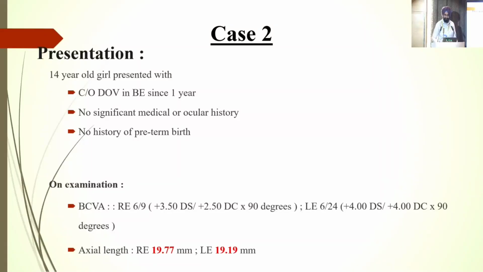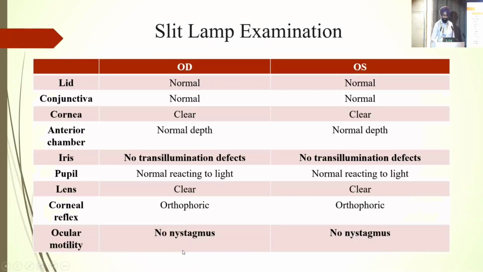While the second case, this 14-year-old girl came with the complaints of decreased vision in both eyes since 1 year. Again, there was no significant medical or ocular history, no preterm birth. The right eye, she was 6/9 with +3.5 diopters. The axial length was around 20 mm. Anterior segment was